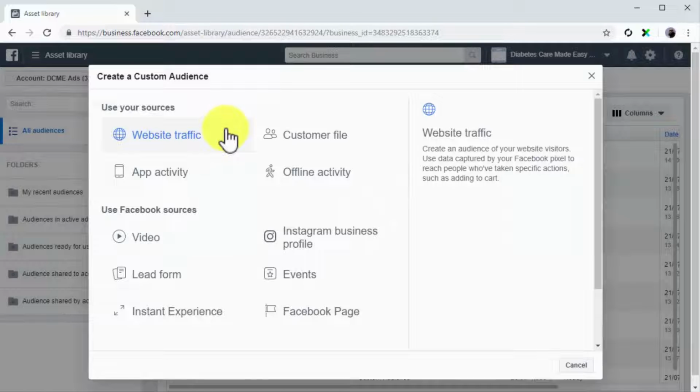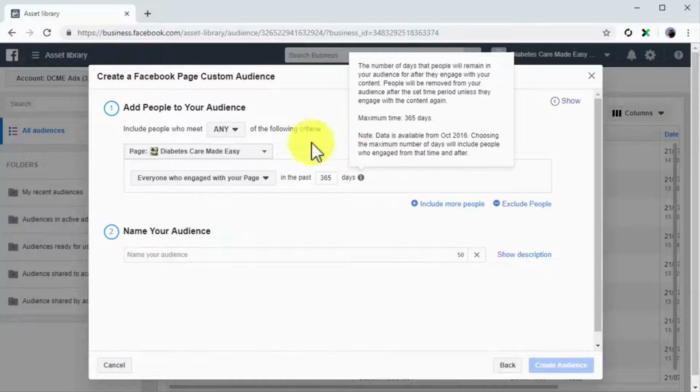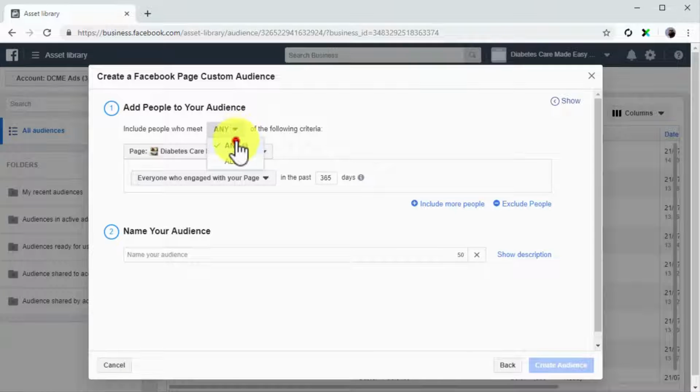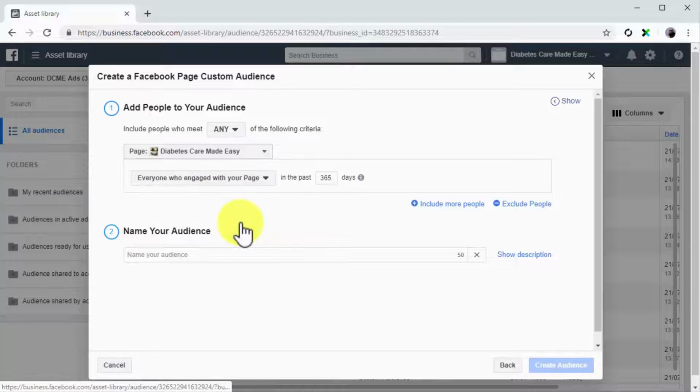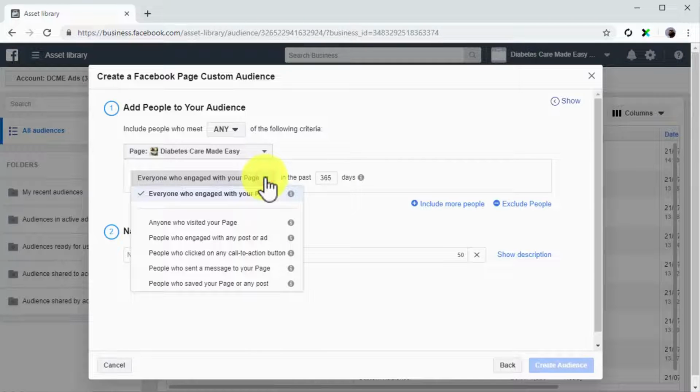To create a custom audience from Facebook page engagement, select Facebook Page. Next, select an inclusion criteria, and then select the Facebook page from the menu below. Now select the criteria. Here you can select people who engaged with your page, anyone who visited your page, people